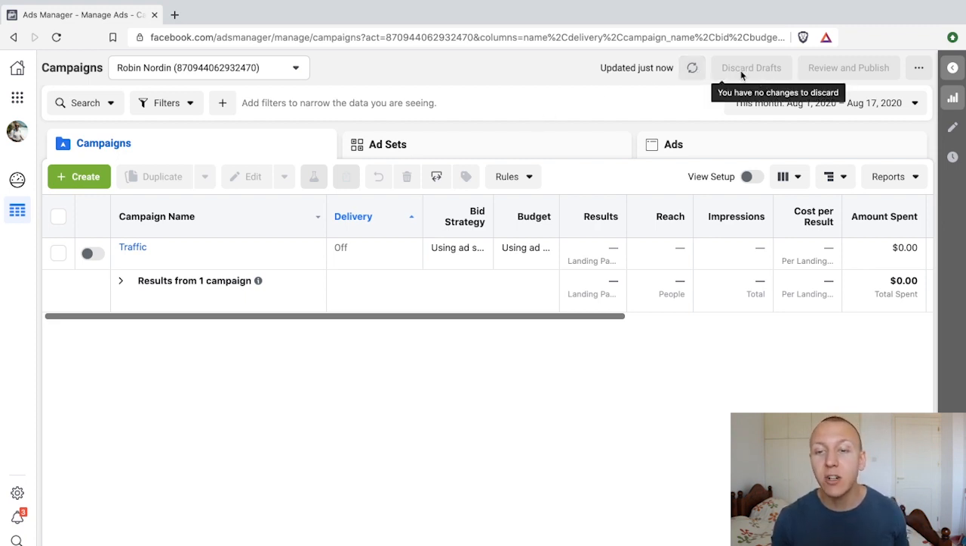To the right, we have discard drafts, which basically means that if we're creating a couple of changes and we don't like the changes, we can just discard them before we publish them. You're going to see what I mean later on. And then we can review and publish basically any changes that we made. If we're deciding to do some split testing, but we want to review it before we actually go live and publish them, this is where we click on review and publish. So you review your changes and then you publish, so you don't make any mistakes or make any quick conclusions or bad decisions, right? And then going to the right, we can reset Ads Manager,